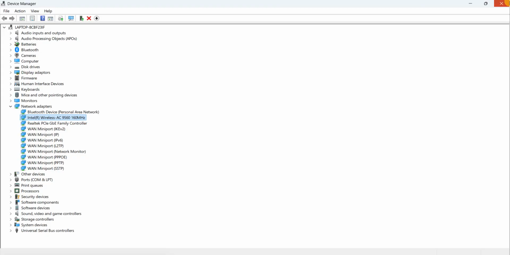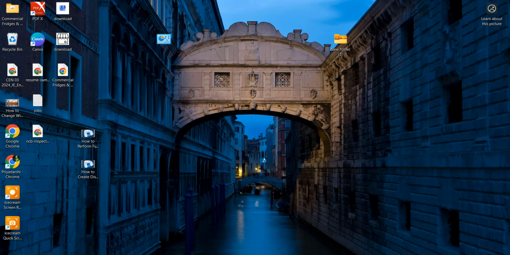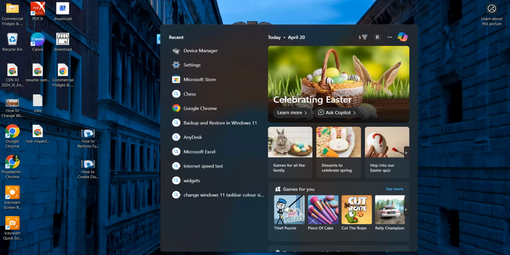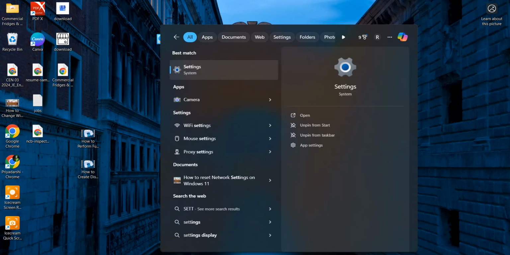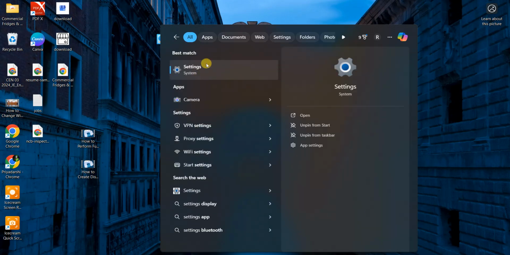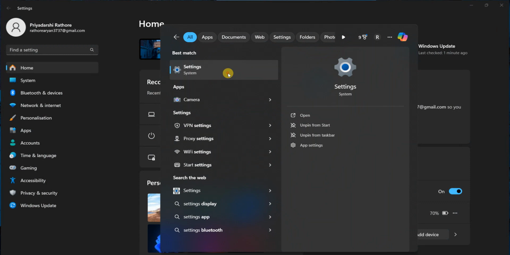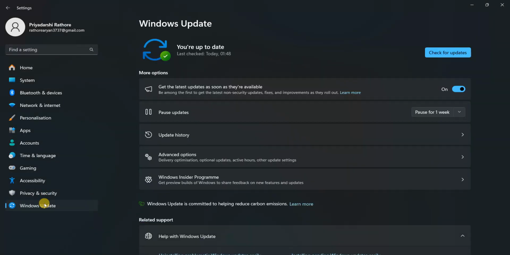Close this window and go to the search bar, and this time you have to search for settings. So search for settings, open settings, and on the left side you can see all the listed settings. So you have to go to the last one, Windows Update, click on it and go to the check for updates option. So guys, it will take 30 to 35 seconds for checking the latest drivers for your wireless